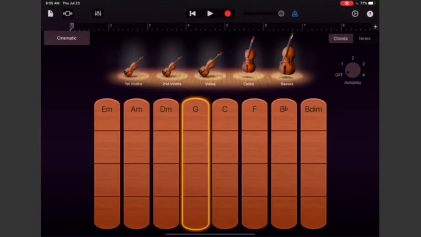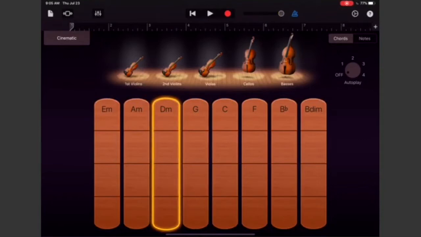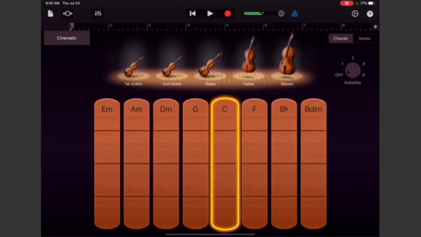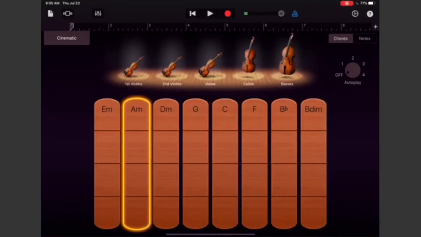So I want everybody to try bowing D minor. Go to A minor. G.